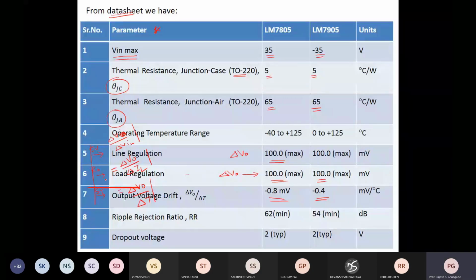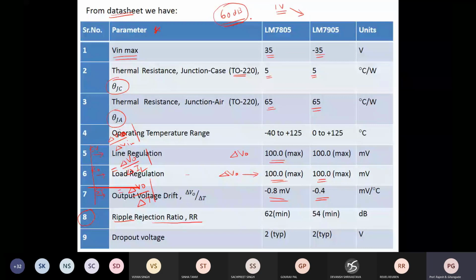Okay. Another important thing for our use will be this very important factor that is called as the ripple rejection ratio. It simply means how much it is capable of attenuating the ripple. At the input it may have some ripple, and at the output how much it will attenuate is given by this ripple rejection ratio. For example, if the ripple rejection ratio is 60 dB, it simply means that if my ripple at input is 1 volt, it is reduced to, yes, anyone? Rejection. This is the rejection ratio, reverse of that of amplification. So this is an attenuation factor.